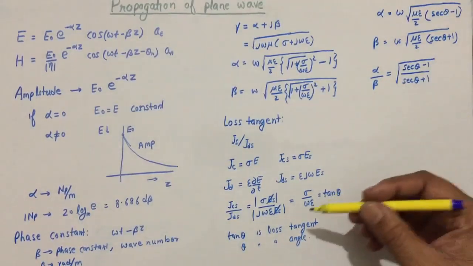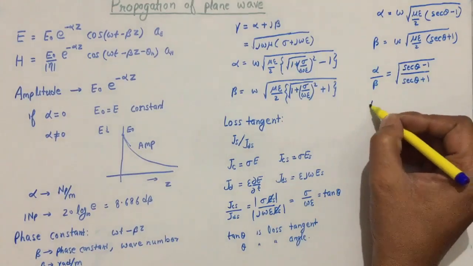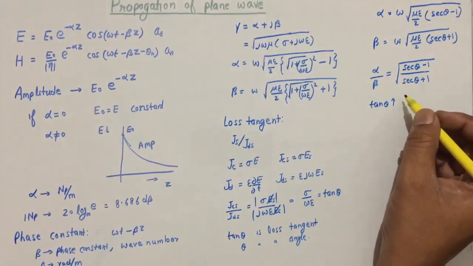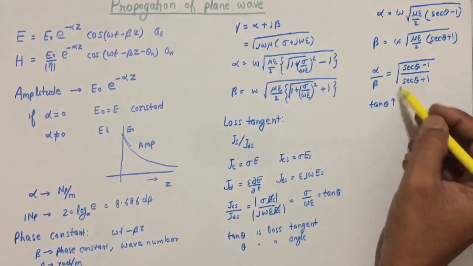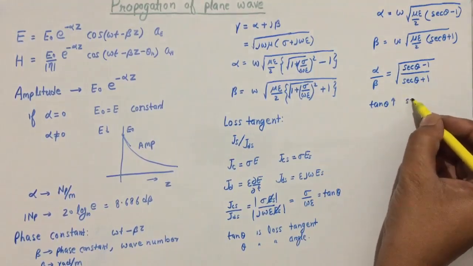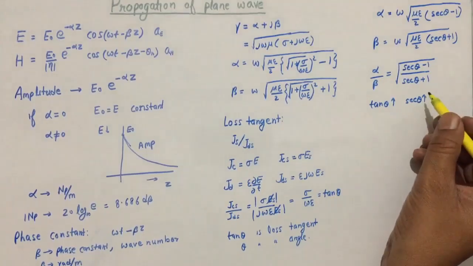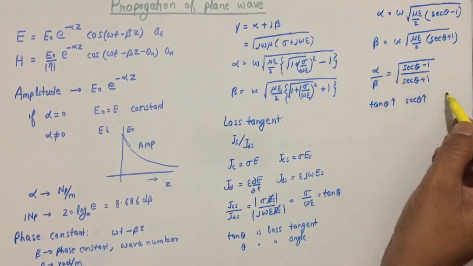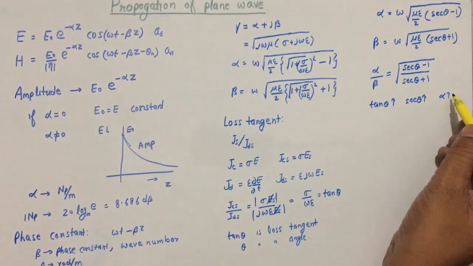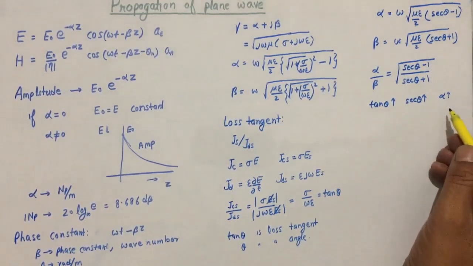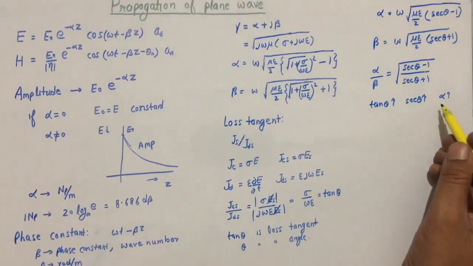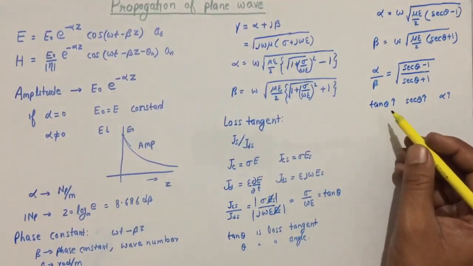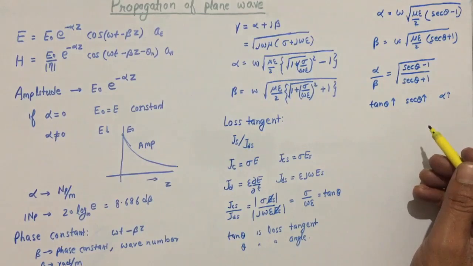From here we can say that if tan theta is higher, it means loss tangent is high, then sin by cos, sec theta will be high. Okay, and if sec theta is high, then we can say this term is higher, and the higher the value of alpha, the higher will be the attenuation of the medium. In this way we find that tan theta, or simply theta, may be used to determine the lossy nature of